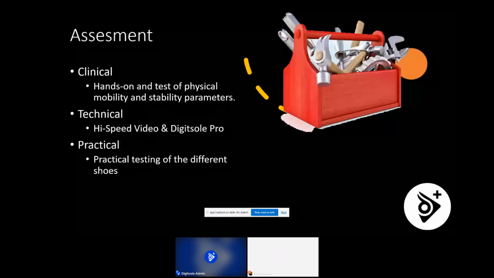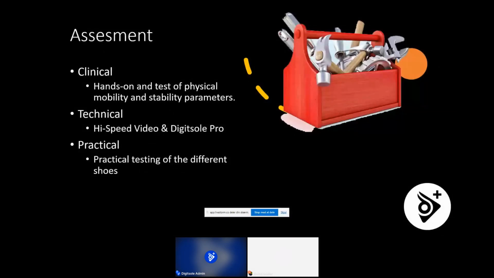So we do the hands-on and we test the physical mobility and stability parameters, and then we build up a hypothesis of what might be the case. And when we have addressed these situations or issues that we think might be crucial for the relation between their discomfort or injury or lack of performance, then we go into the more technical tools, and that is where we use the high-speed video, slow motion video to see how the actual gait